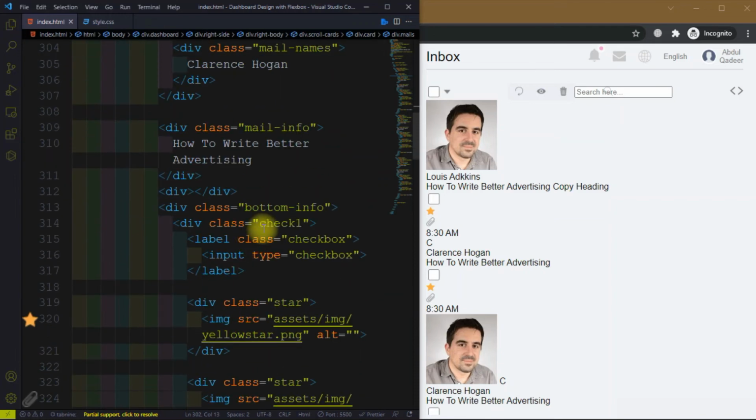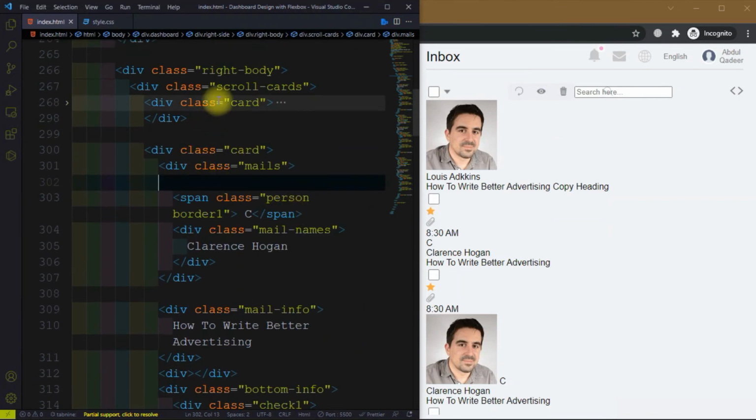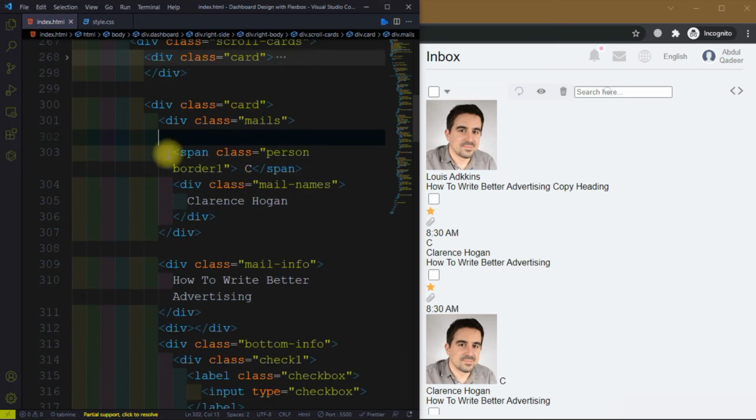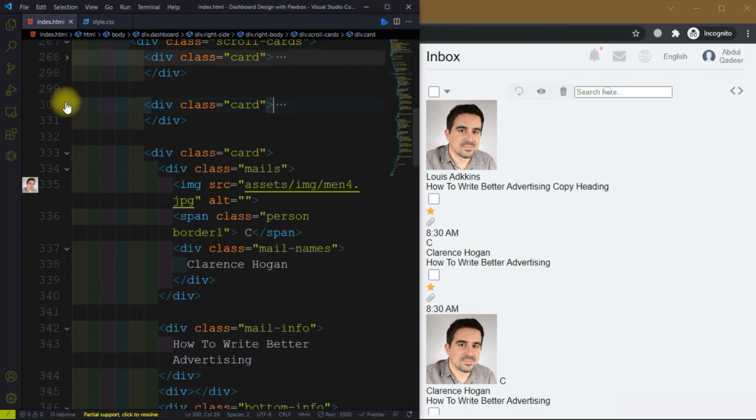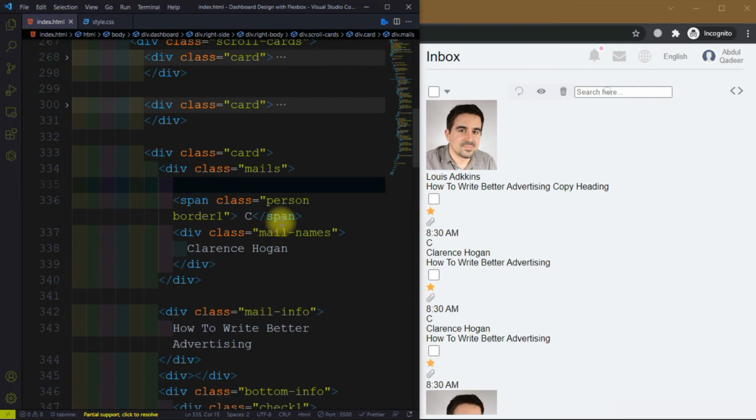So we need to also change card 1, this one, and card 2, which is this one, and we have a border 1. So close this, and then we need to remove this picture here and give it border 2